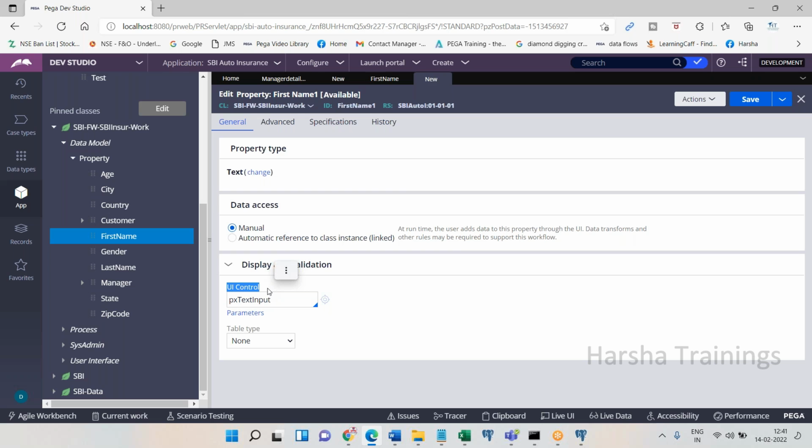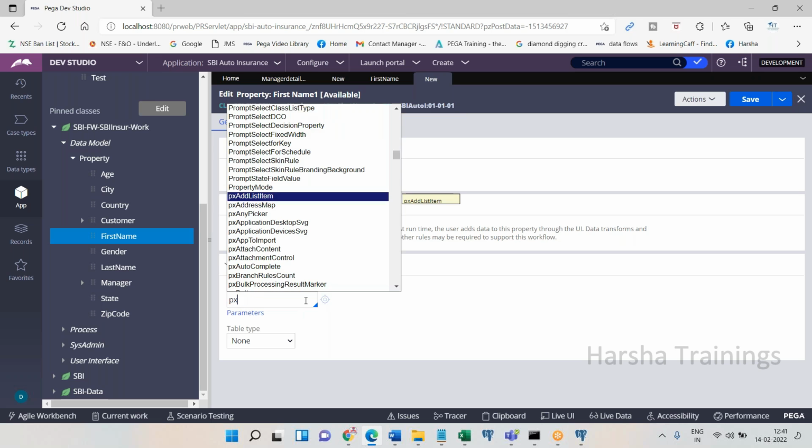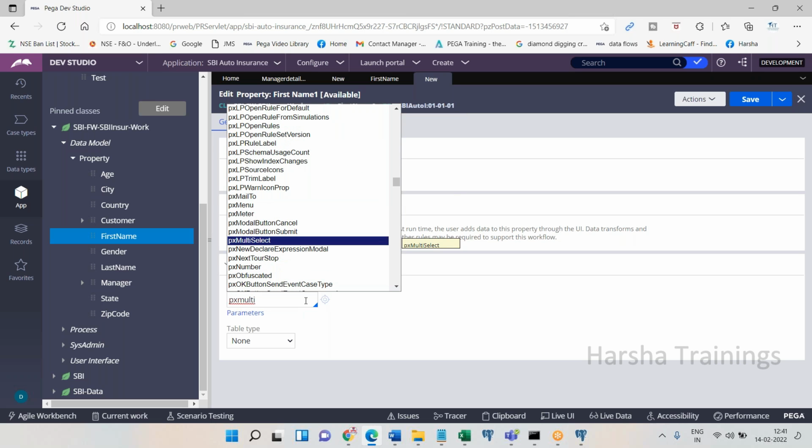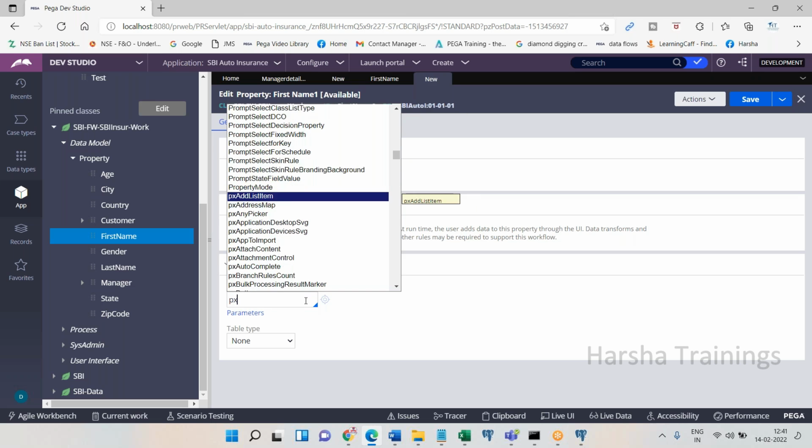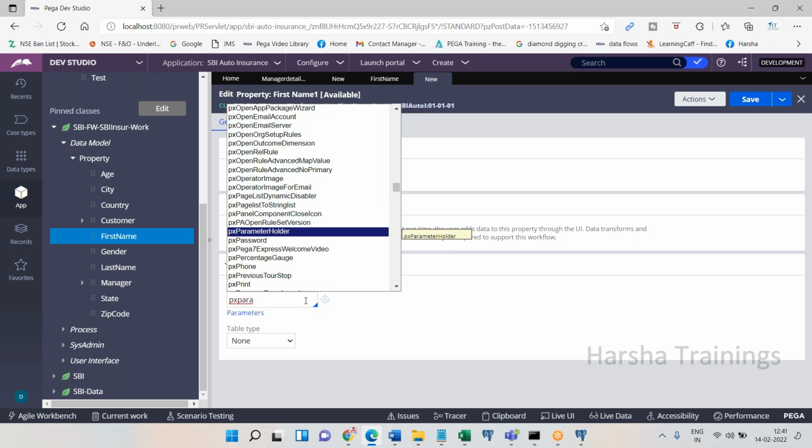You're going to associate each property with a control, right? When you take this property into the UI, how should it be visible: like a text input, a drop down, a multi-select, a paragraph, a password format, or a phone number? According to what you have chosen here, it is going to make it visible like that. If I choose text input, this property will be visible like a text input